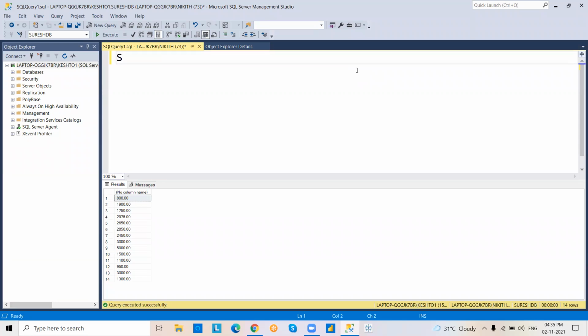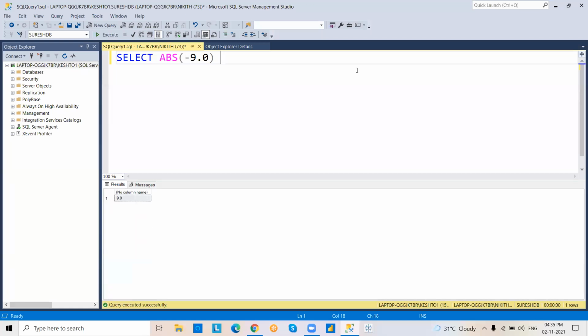Select absolute of -9.4. See, absolute, we type it as ABS only. See, the absolute function, if you pass a positive value or a negative value, it returns the positive value only.